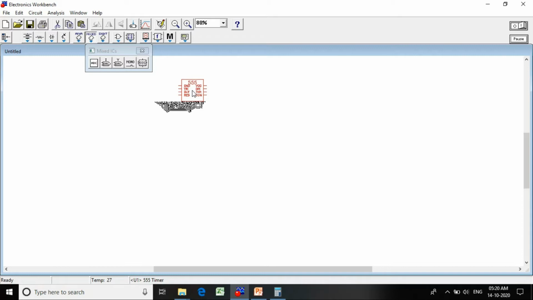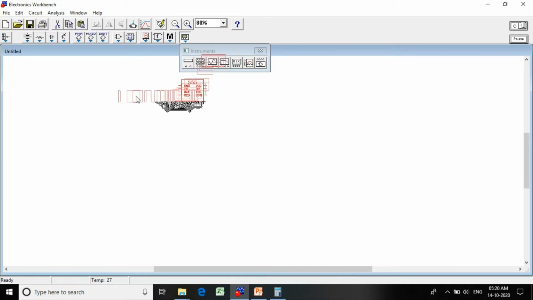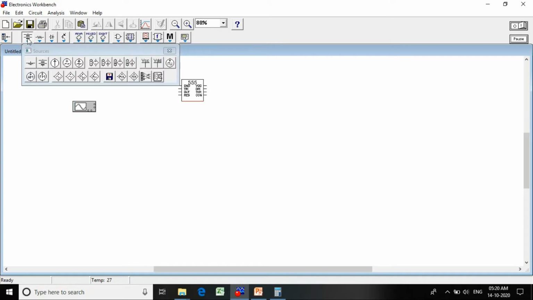Then we require one CRO to display the waveform generation, and we require a plus VCC. For that we will select a battery, select it and drag and drop it over here.